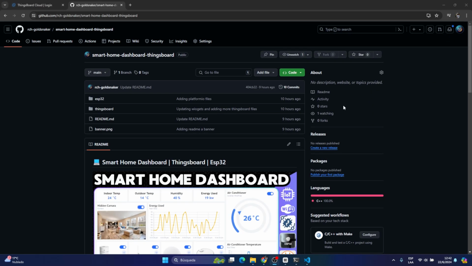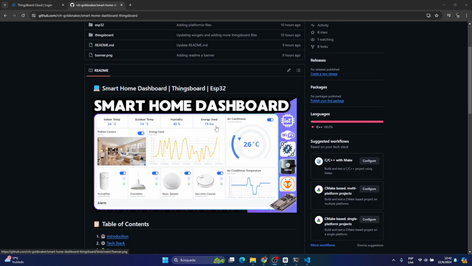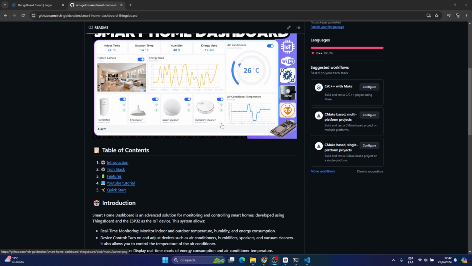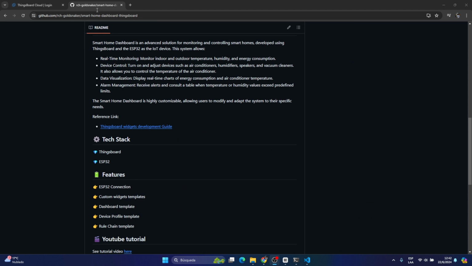Alright, so the first thing we're going to do is clone this repository from GitHub. I will leave the link in the video description. In this repo, you will find all the files that you need to import into ThingsBoard, and also the code for programming our ESP32 device. After that, we should go to ThingsBoard,